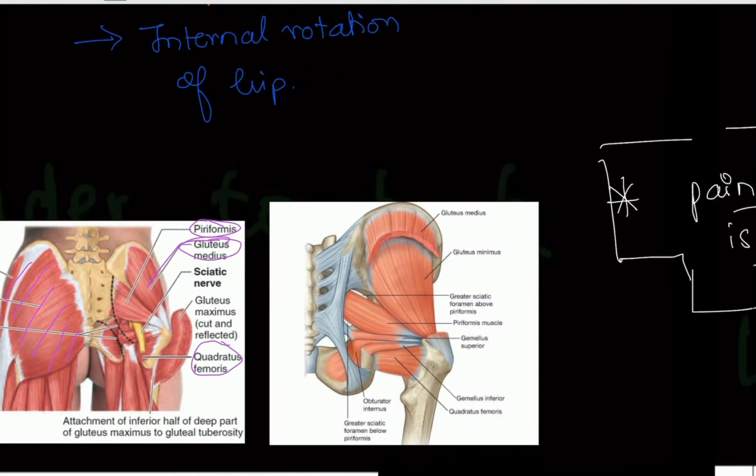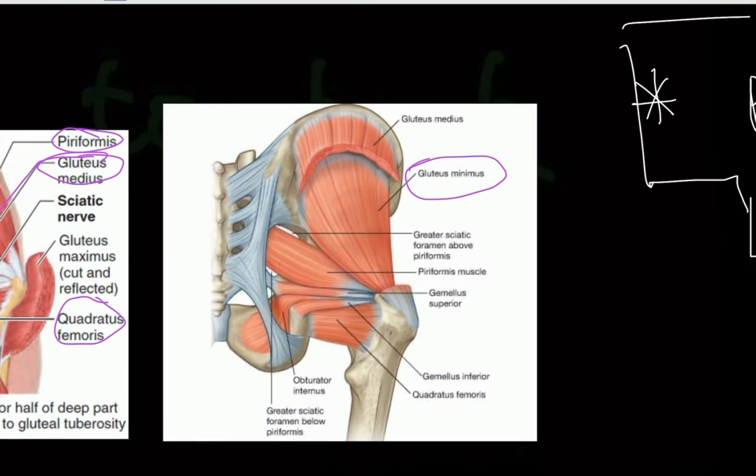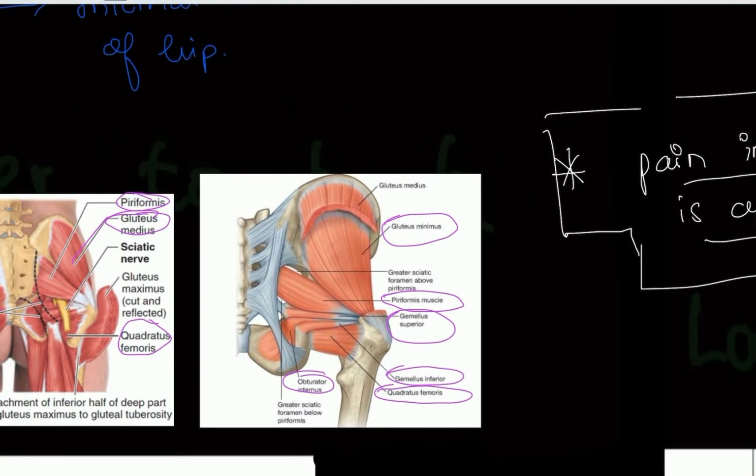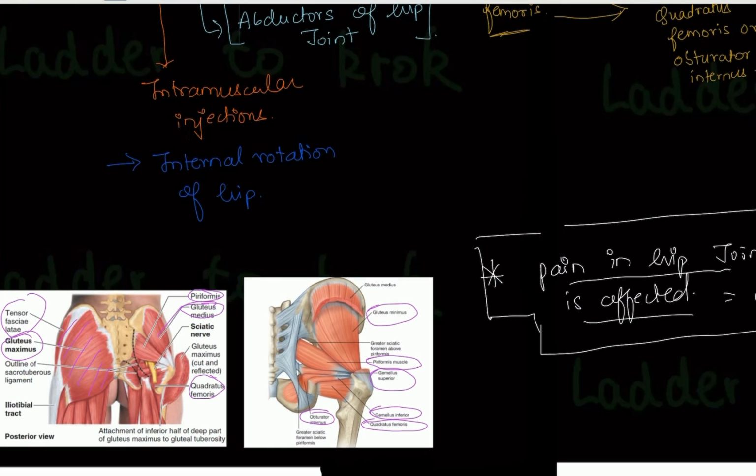Now let's look at the other muscles which weren't shown in that. Once you remove the gluteus medius, you can see the gluteus minimus. Then the piriformis muscle, you can see superior gemellus, inferior gemellus, how it is present. You have quadratus femoris, obturator internus. So just know how it is present. You don't have to draw this diagram. If you remove the gluteus maximus, you will see the gluteus medius. Once you remove the gluteus medius, you can see the gluteus minimus.